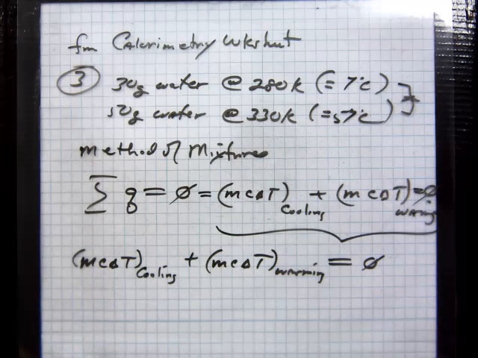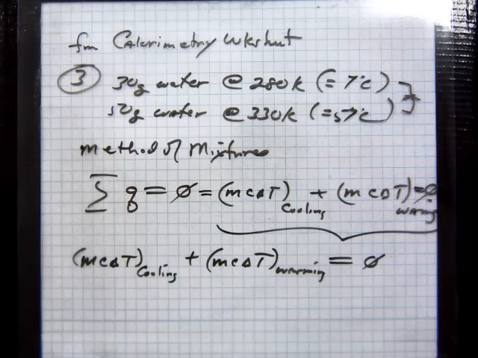You're either cooling it or you're changing phase. It's still an MC delta T or M delta H problem, but you have to decide how many heat changes are taking place, and then make a sum of all those and set them all equal to 0. The advantage of this is you can always work T final minus T initial. You don't have to set heat loss equal to heat gain and try to figure out which way to switch the temperature. It takes care of itself in the problem that you're solving.